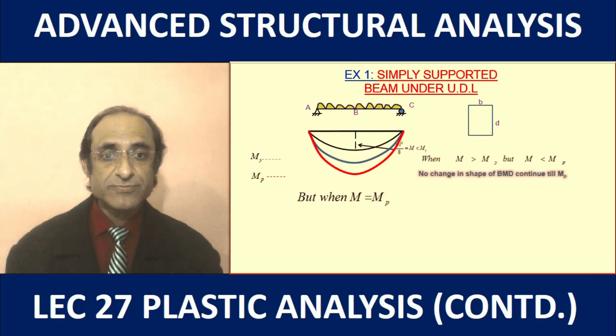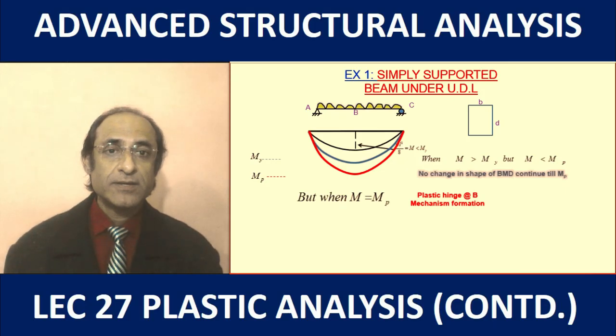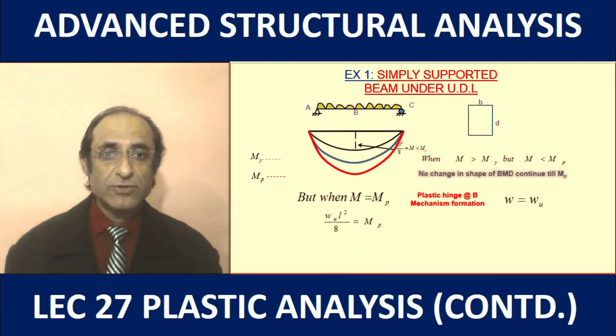So the moment we reach the plastic moment, a plastic hinge will be formed, and immediately, because the structure is determinate, it is converted into a mechanism. So this is the ultimate load. At this particular point, when the load is the ultimate load denoted by the symbol WU, we have